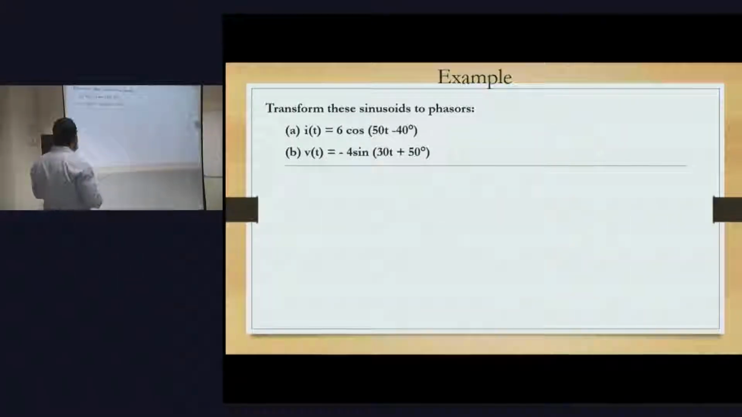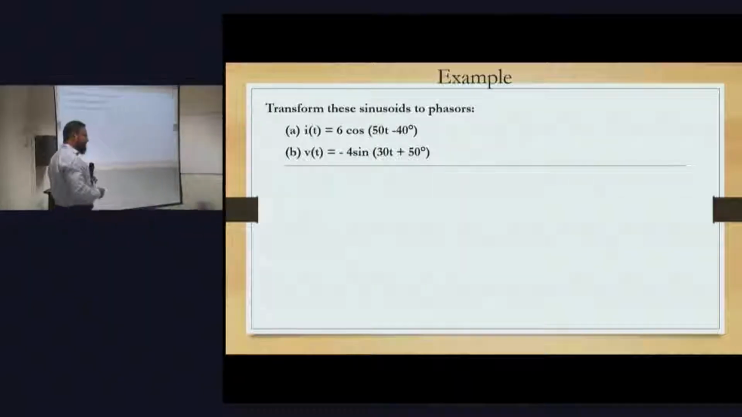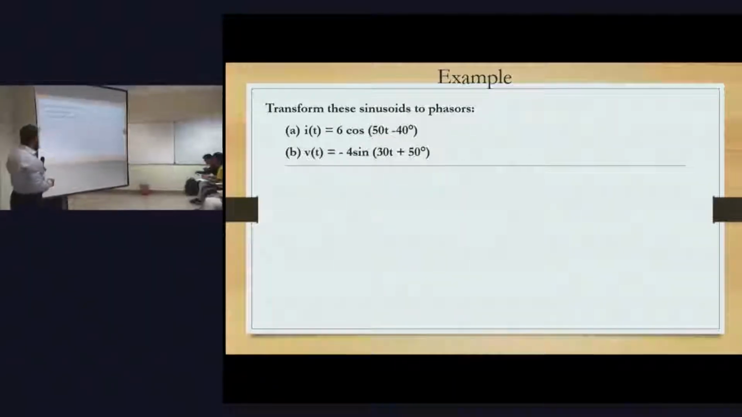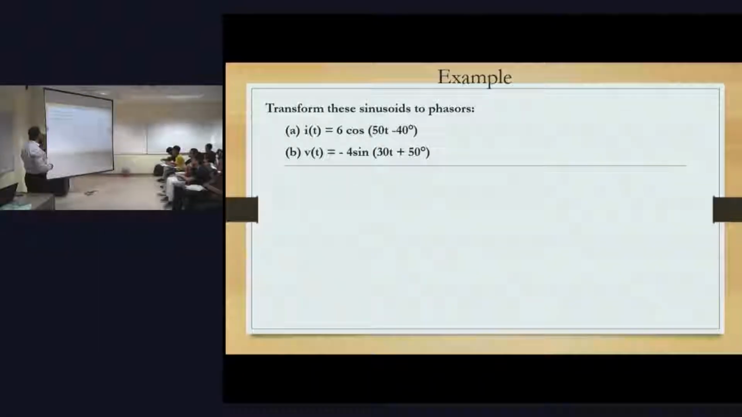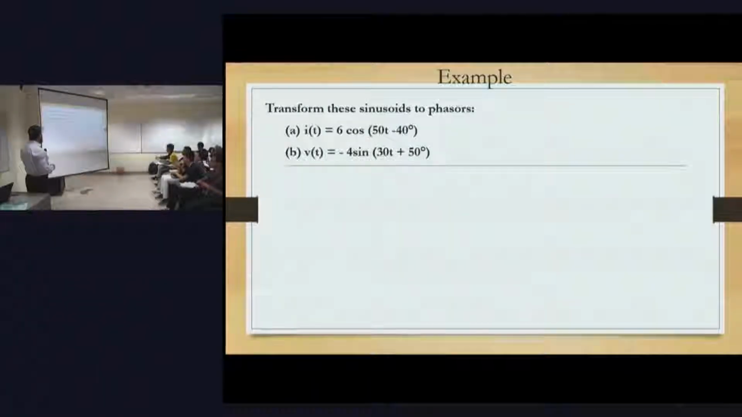All right, examples. Transform these sinusoids to phasors. So we have the current and the voltage in time domain. We want to get the phasor representations for these two signals. Can we do that? Right away, of course we can. For example, the first one. Of course, one thing you should notice is they have different omegas. They really have different